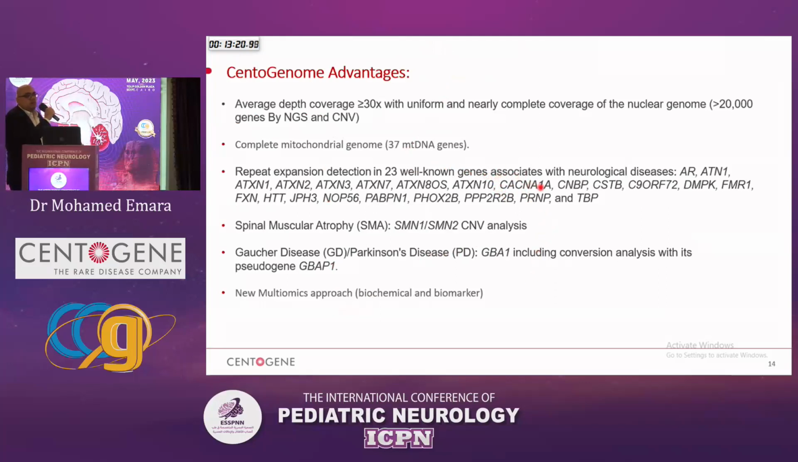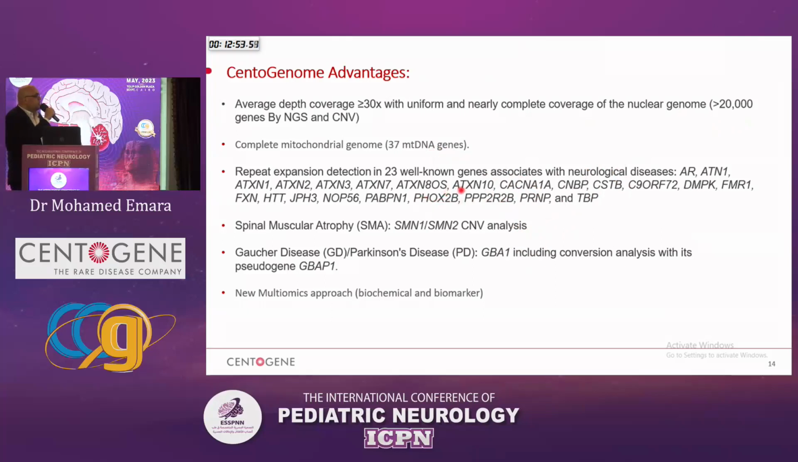The genes for the different types of ataxia are also covered by repeat expansion, so they could be covered in the new whole genome. The DMPK and CNBP genes related to myotonic dystrophy, which was mentioned earlier, are also included in the new whole genome. So the new whole genome not only covers NGS and copy number variants for 20,000 genes, but also